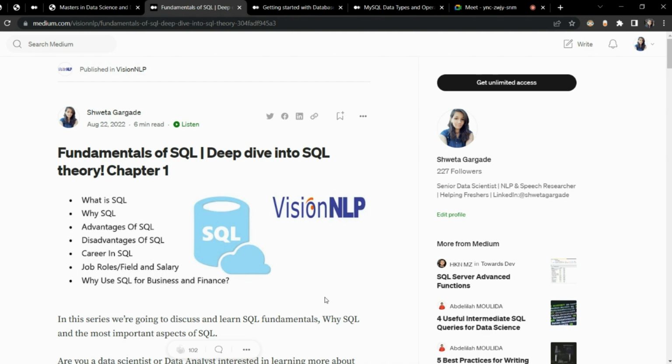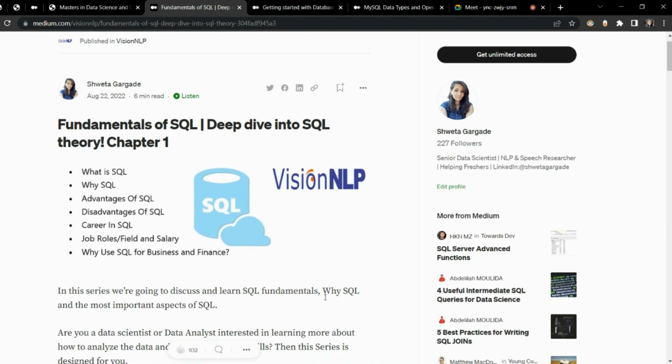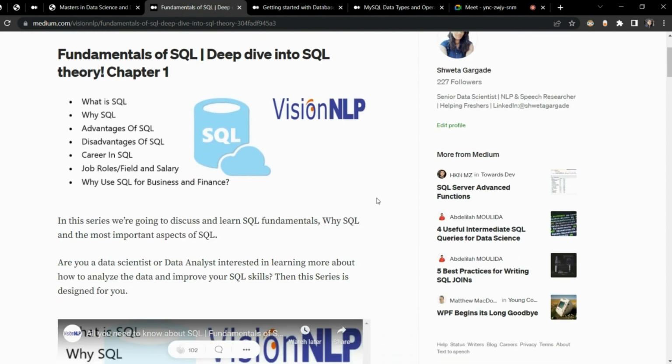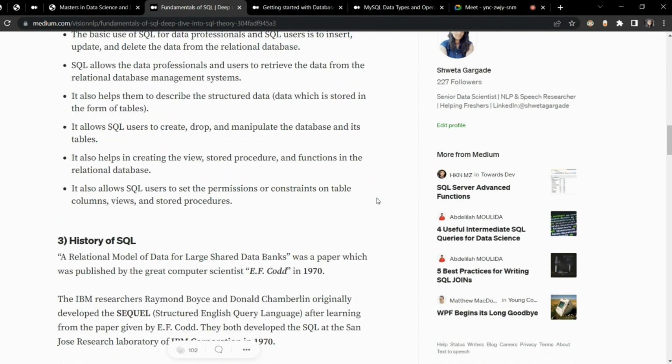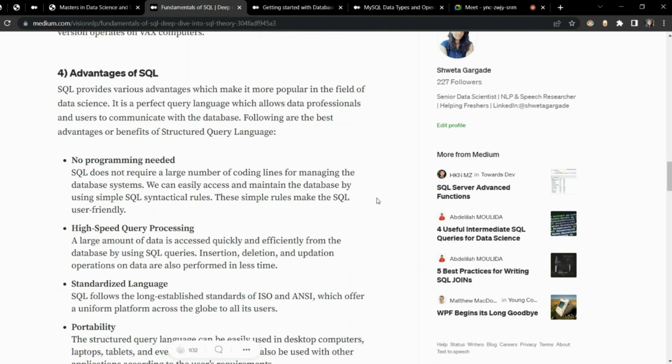Initially, we discussed SQL theory as well as database theory: what exactly SQL is, and why there is a requirement for SQL or even a database, even when we already have our data sets available in Excel. Then the advantages and disadvantages. And I have written blogs with a detailed explanation of each and every terminology